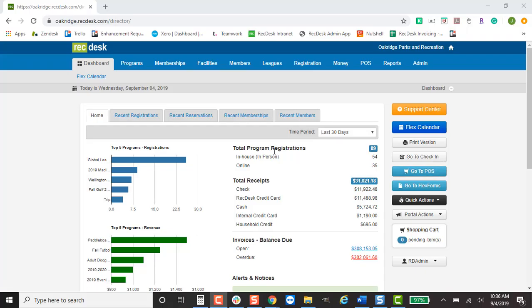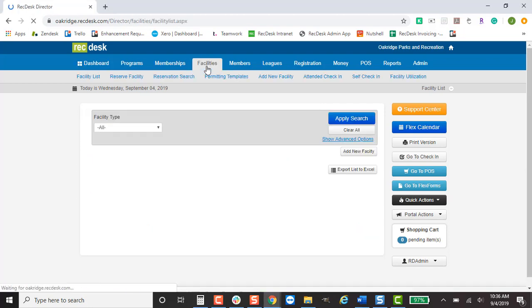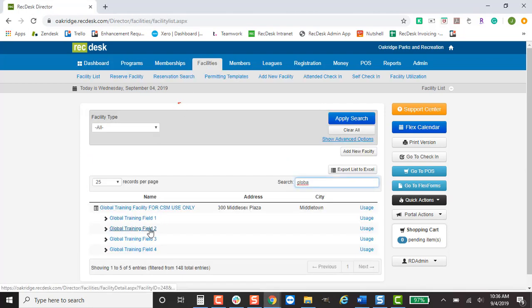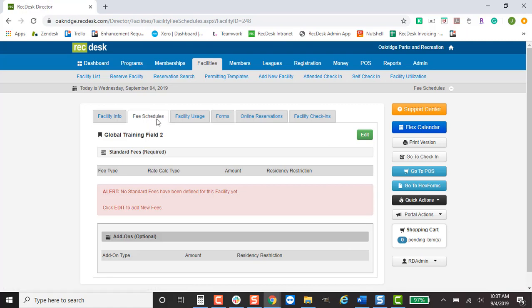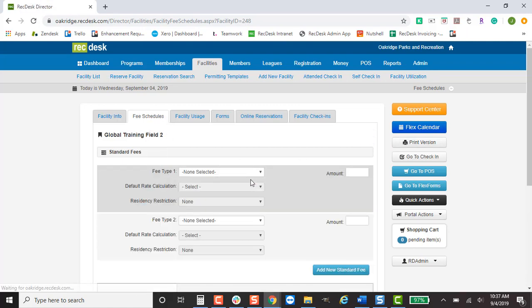In this recording, we will go over the new FlexScheduler. First, you're going to click on your Facilities tab, and each of your facilities is now going to have a tab called Fee Schedules. Even those who have not switched yet to the new FlexScheduler will have this tab, and you're going to be able to hit Edit